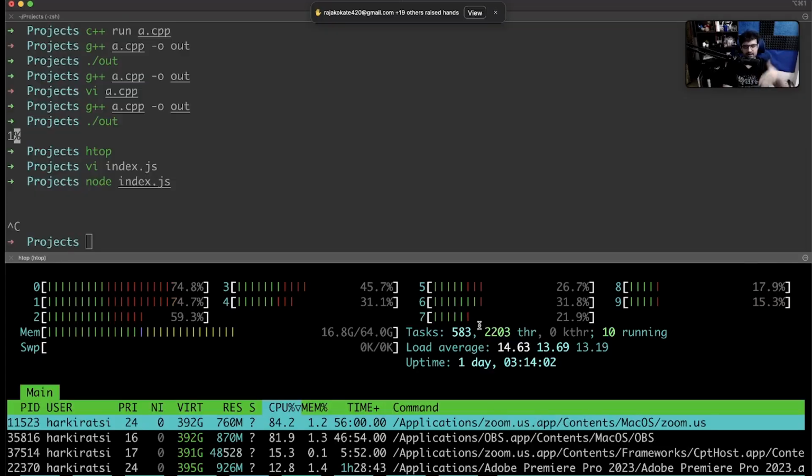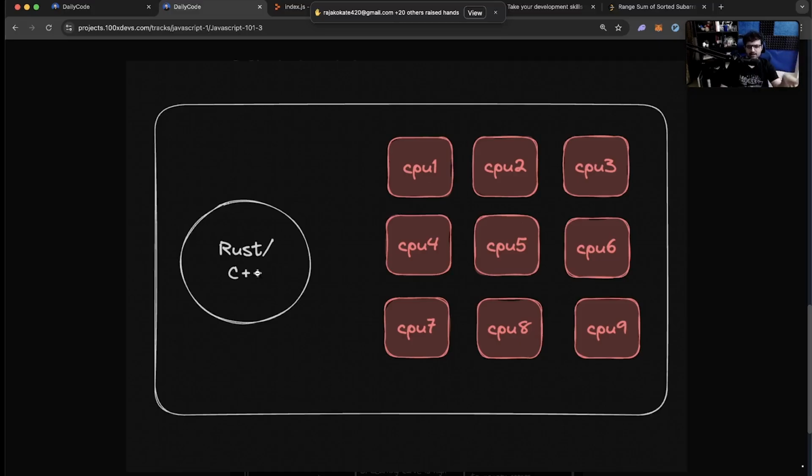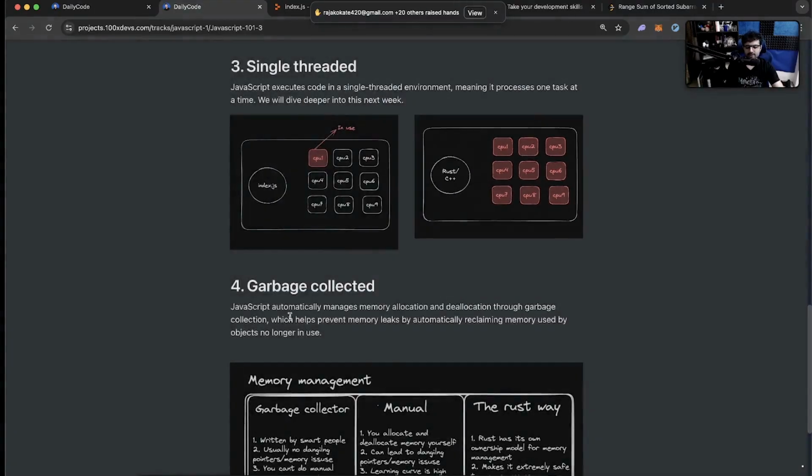I don't want to, because then Zoom will begin to chop out a bit. But there are processes written in C++, Rust, Java that let you use all of your CPUs. Why? Because these languages are multi-threaded. They let you create a bunch of threads. My next YouTube video on Rust will cover this in a little more detail, in case you want to understand how these are slightly better languages compared to JavaScript, because JavaScript is single threaded.